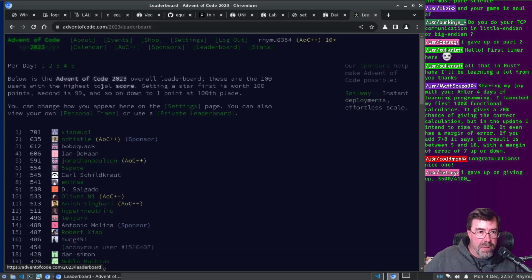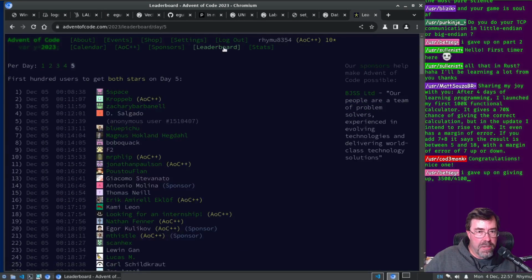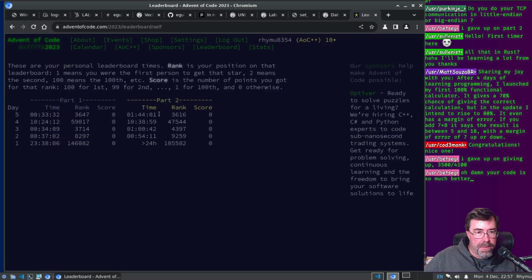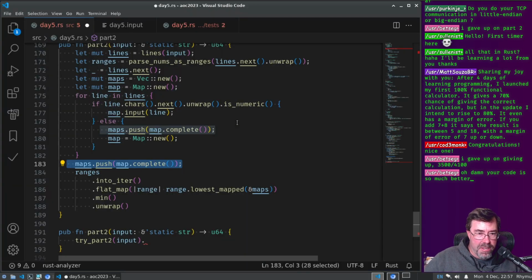Though, I got back to 3616. So imagine what my rank could have been if I didn't have that one line bug. I bet I would be in the 2000s if I just didn't forget that line.